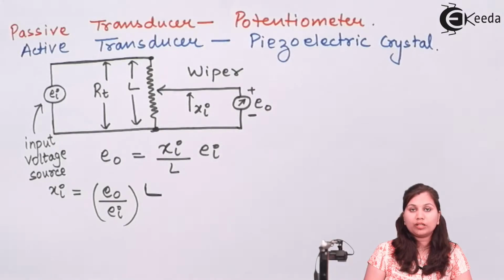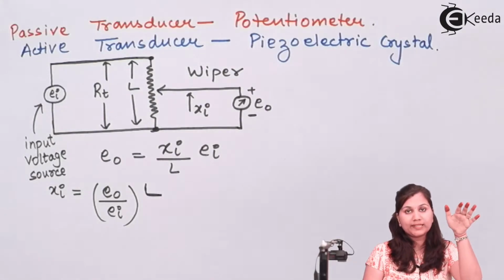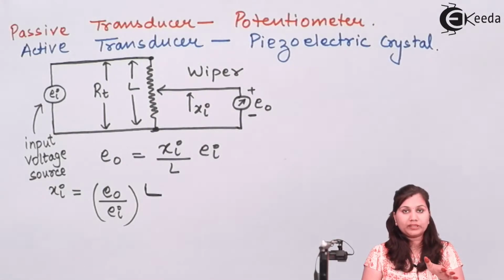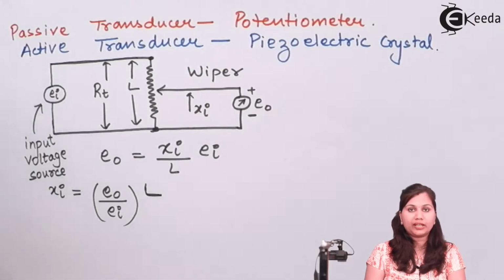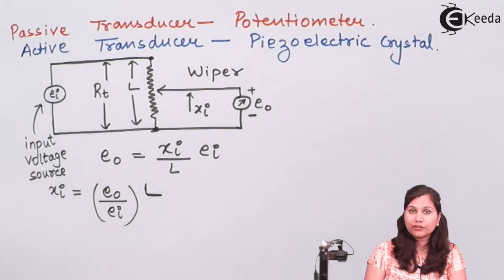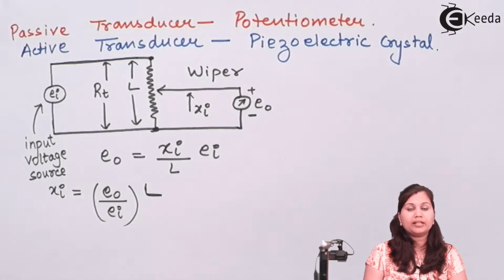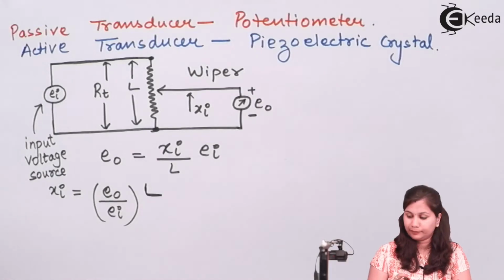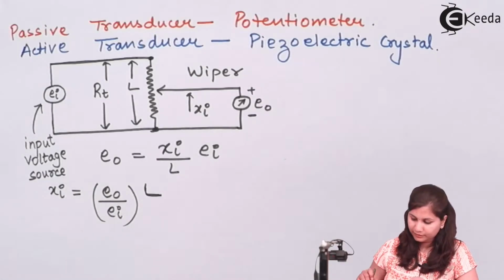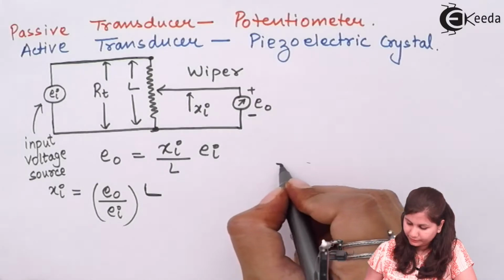Now if we talk about the example of an active transducer, the piezoelectric crystal works on the principle that when force is applied over this crystal, it is going to produce an output voltage, and the inverse of this is also there, that when a voltage is applied to it, then acceleration is produced in the crystal. So for the piezoelectric crystal, if we draw the diagram for it,